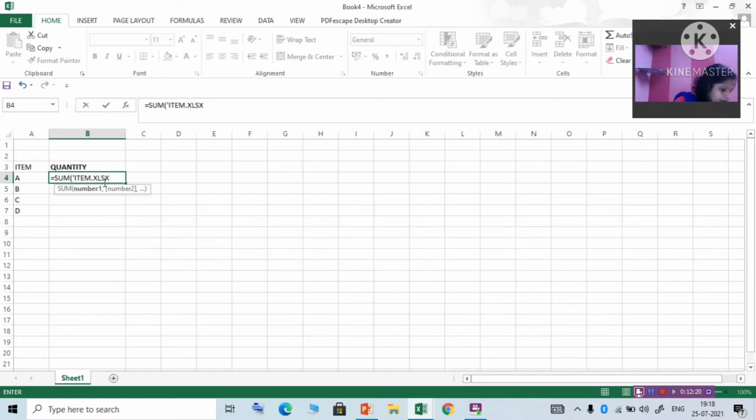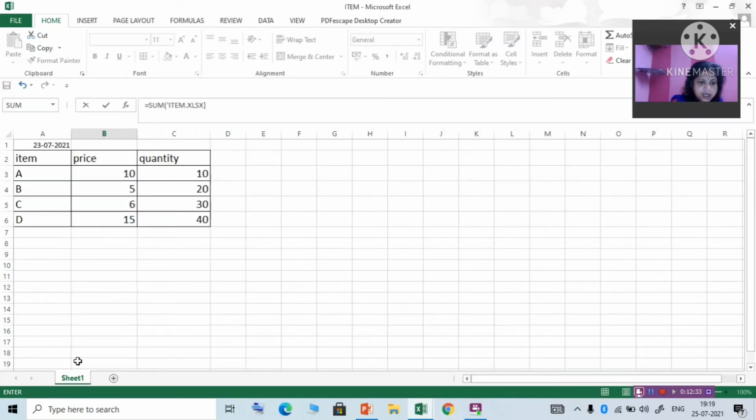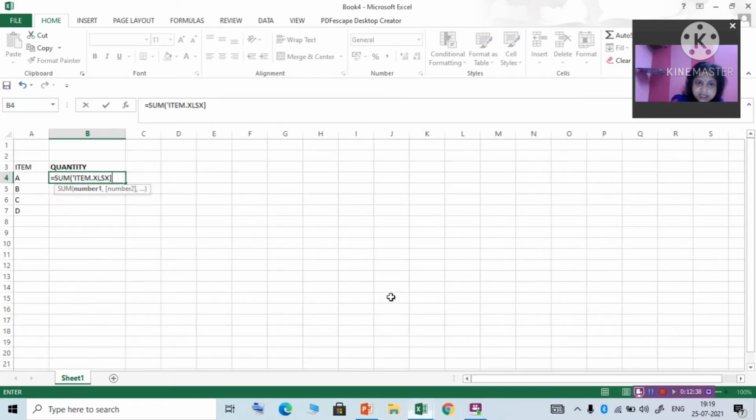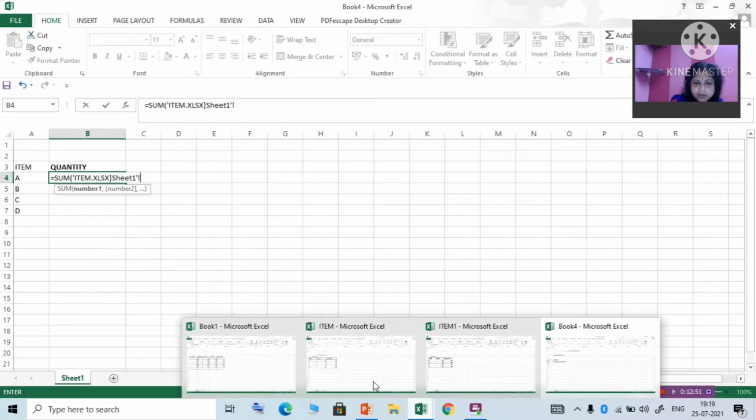Then close the bracket. Then which sheet is the data coming from? Go to the sheet; data is present in Sheet1. So write Sheet1, then an exclamation mark, then what data you want to bring.